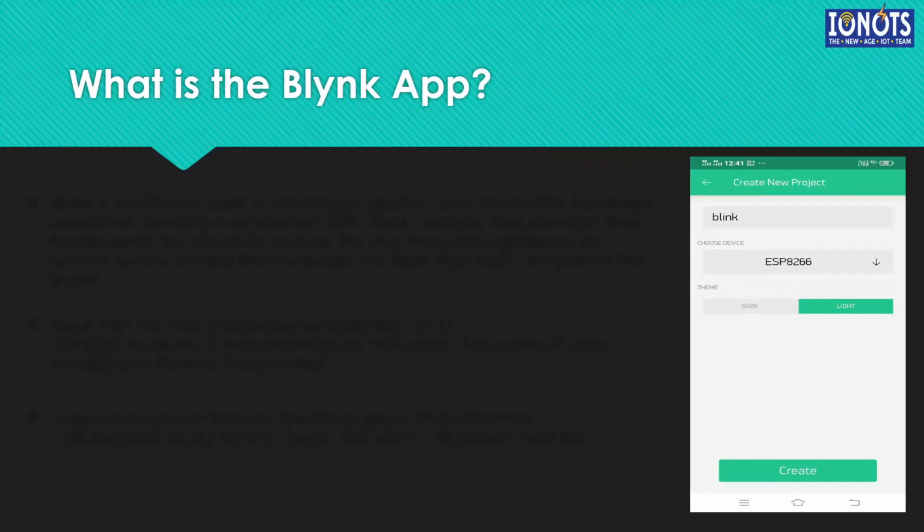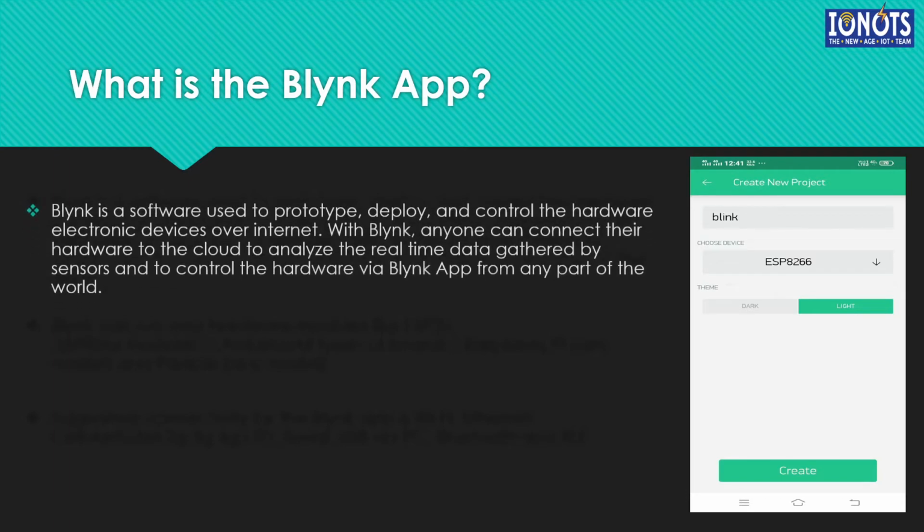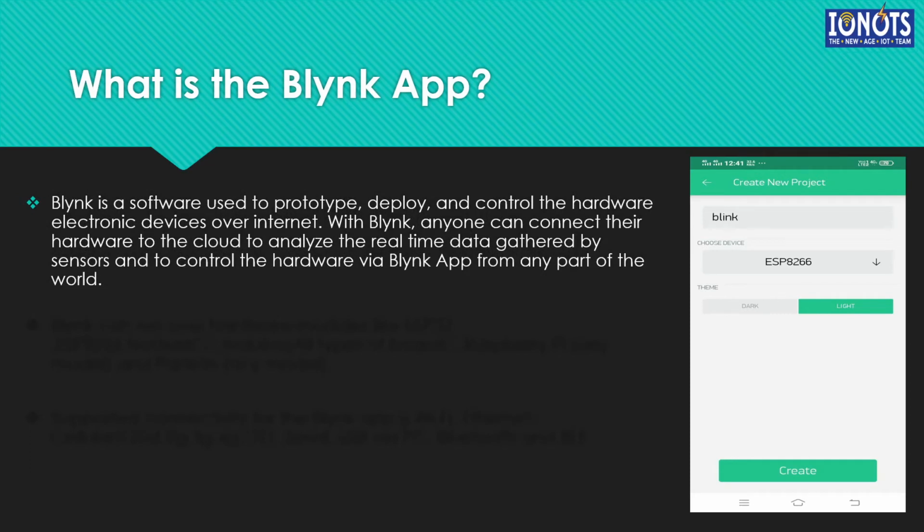So now we'll discuss a bit upon three of the most important applications or software platforms in the IoT world. We'll start off our discussion by talking about the Blynk app. Now, what is the Blynk app? Blynk is a software used to prototype, deploy, and control hardware electronic devices over the internet, which is the sole purpose of IoT. With Blynk, anyone can connect their hardware to the cloud in order to analyze the real-time data that is gathered by sensors and to control the hardware via the Blynk app from any part of the